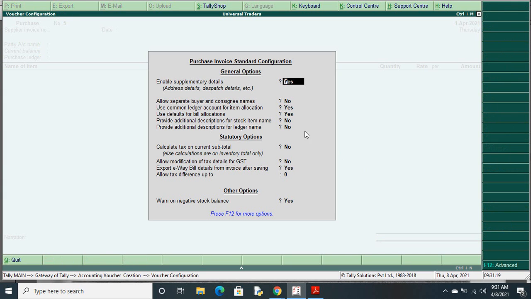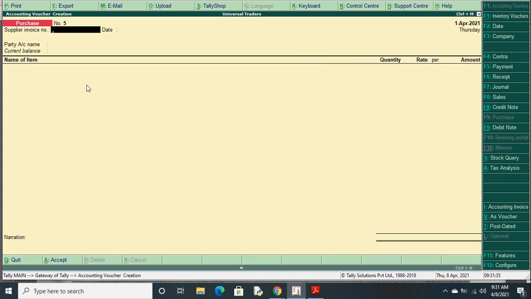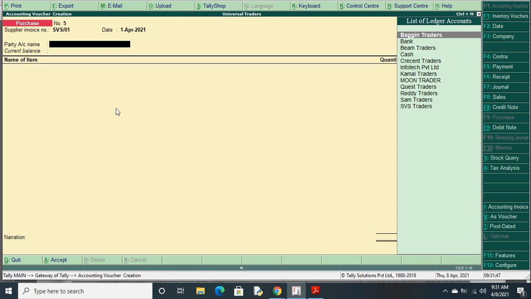Press F12. Enable supplementary details, make it as no. Use common ledger, yes, this option you have to make it as no. Okay, now what will happen? You won't get this option here. Now here, invoice number 01, party name